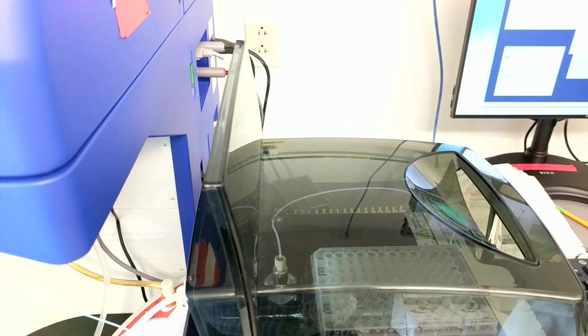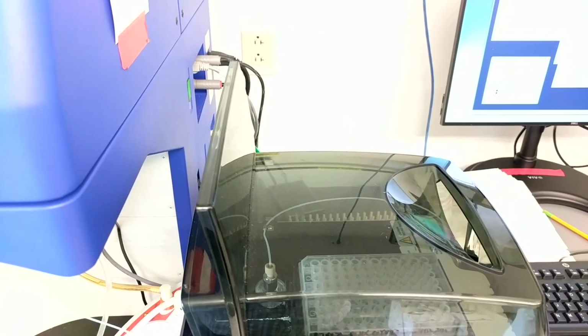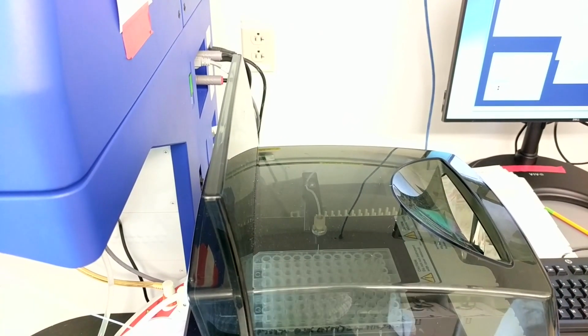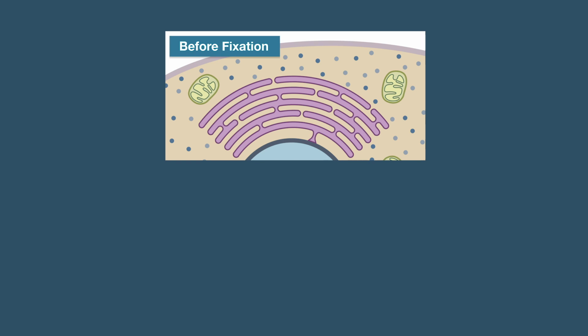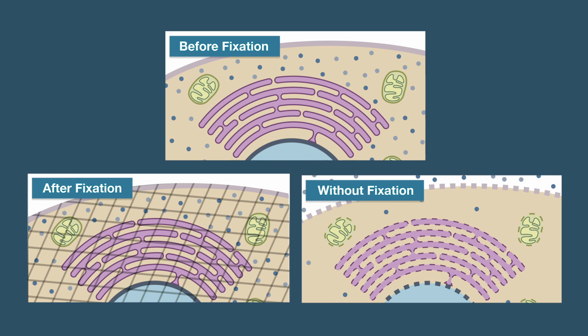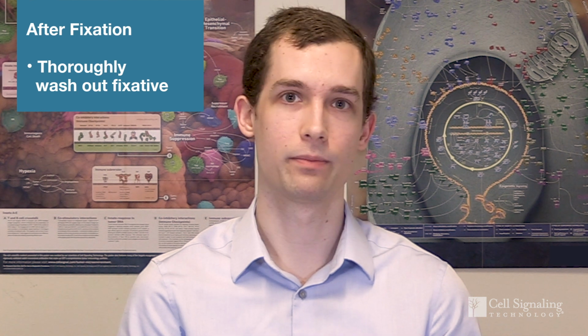For many antibodies, the recommended fixative is formaldehyde, the aqueous monomeric form of paraformaldehyde. Fixing the cells prior to permeabilization helps to minimize loss of target proteins and preserve signaling states. This is particularly important when characterizing signaling activities, for example, with phosphospecific antibodies. After fixation, ensure the fixative is thoroughly washed out. This avoids excessive cross-linking of proteins within the cell and eliminates the risk of antibodies being cross-linked to nonspecific targets by leftover fixative. Once the cells are fixed and washed, they're ready to be permeabilized.